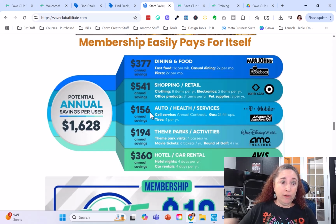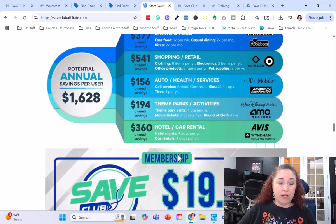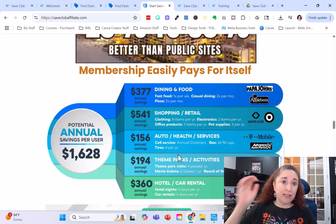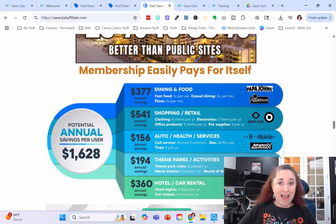And when you add up things like dining and food, shopping and retail, auto, different services, theme parks, hotel, car rental, and then some, it's going to quickly add up. And so it's more than going to pay for itself. The great thing about it also is you're not asking people to change anything, right? This is stuff people are already spending money on, everyday expenses, so they don't have to change any of their